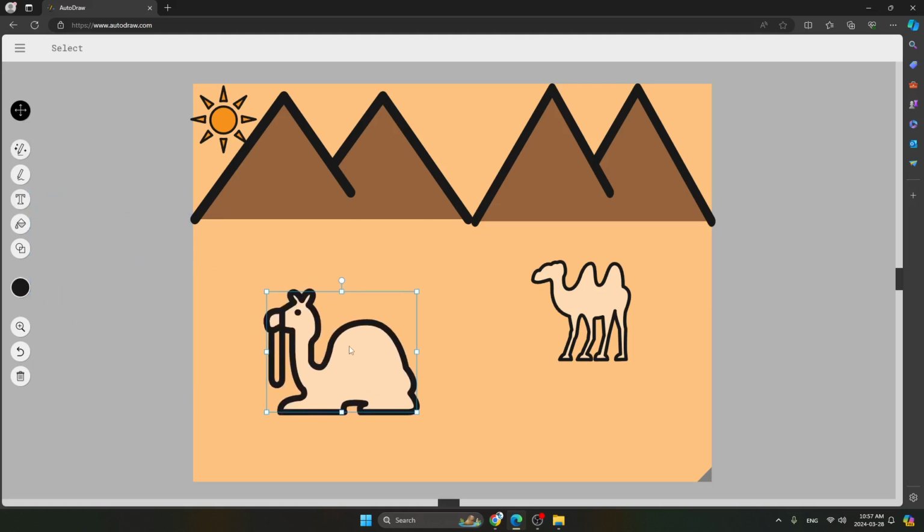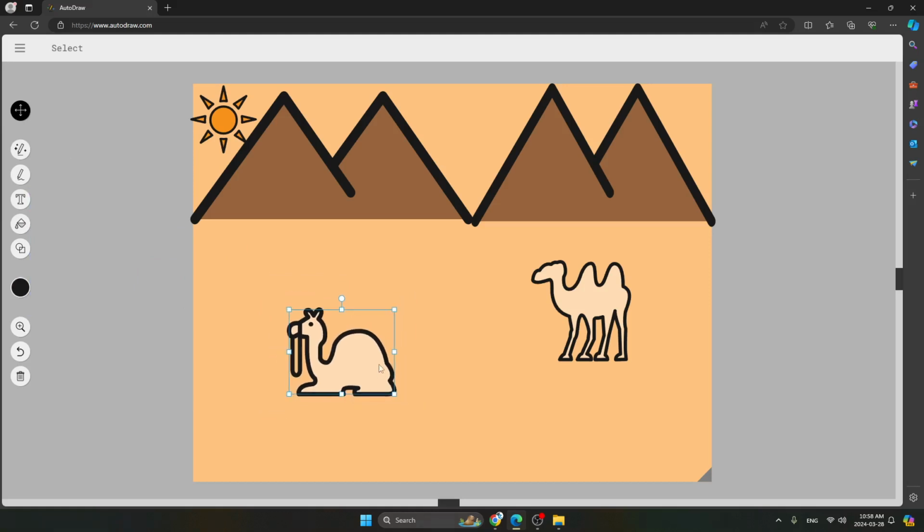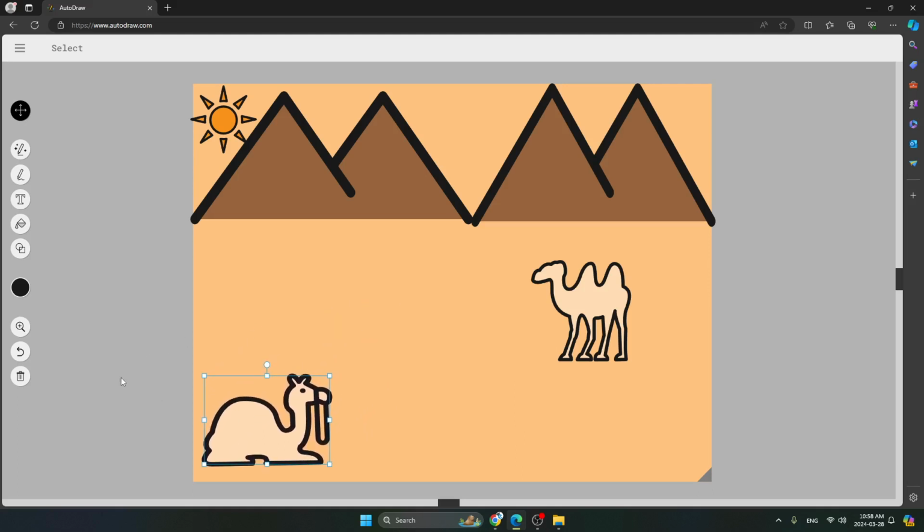Now select, drag, and if you want to rotate, you can rotate it like this, and even you can change it. Okay, so we have taken this. Now drag it and place it.